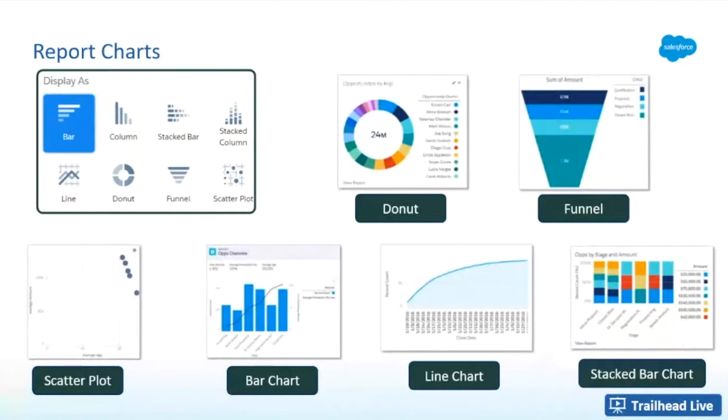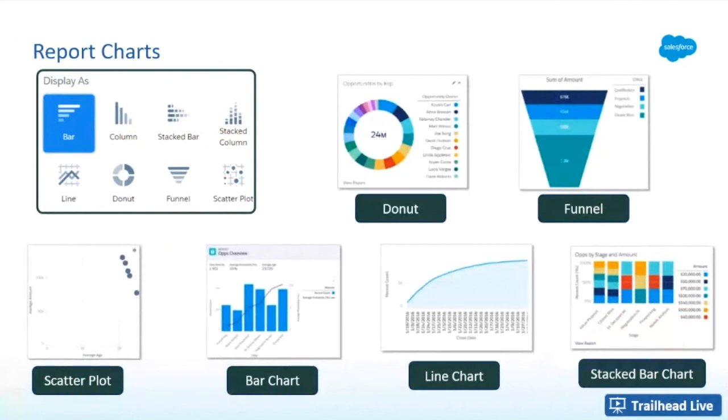Now looking into dashboard. A dashboard is again a combination of many report charts. On the report chart, you can add one chart, but if you want to add multiple representations, multiple visuals all together in a single view, you create a dashboard. You can add all those report charts, plus you have some additional components as well here. If you see here, you have all those 8 components, plus you also have a